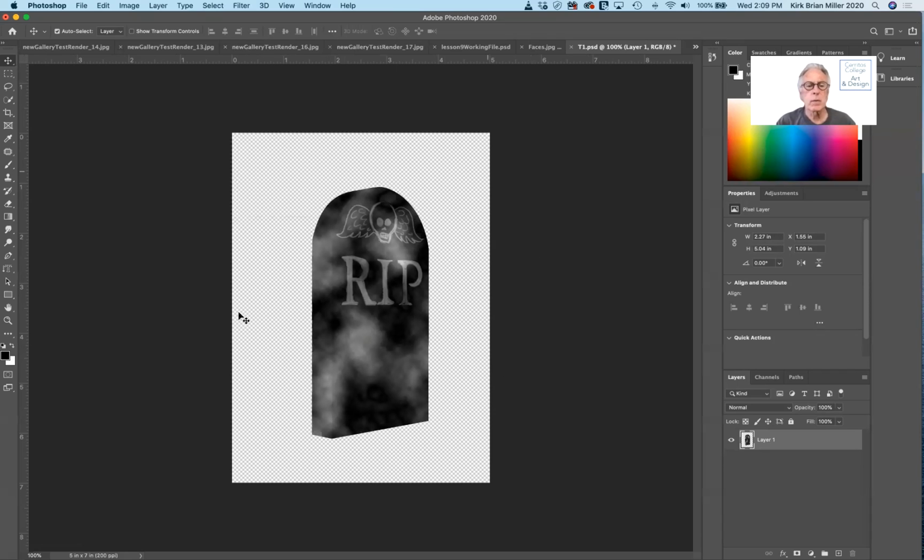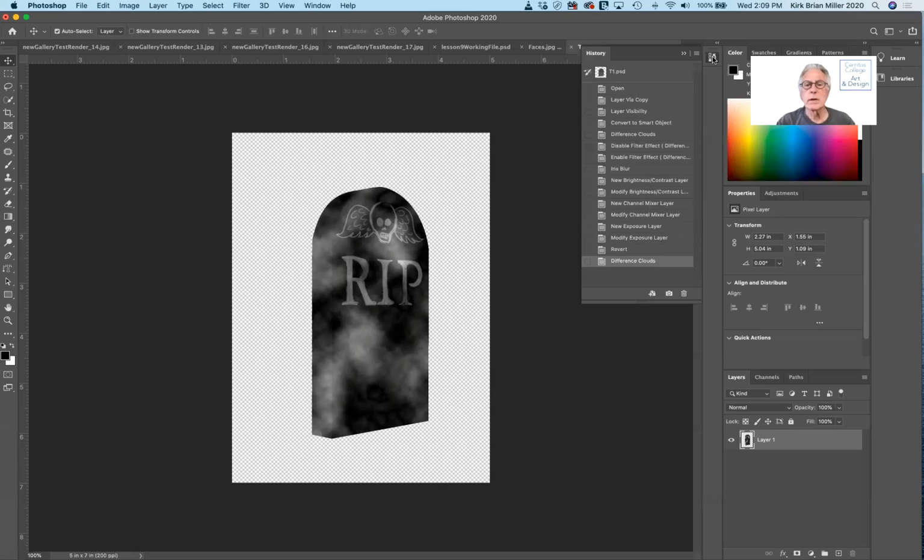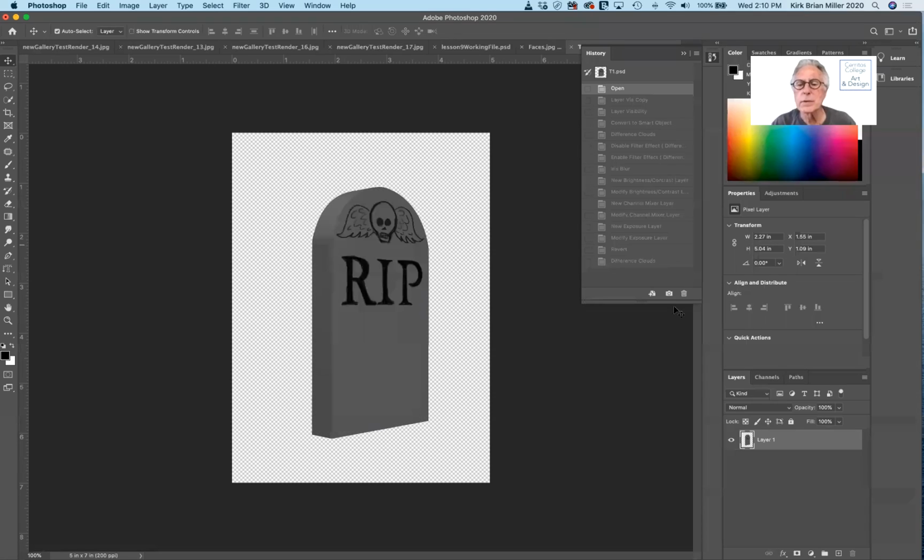But the thing that I want to caution you about, and this is how I'm going to change this up a little bit later, is that anytime you apply a filter, it is a permanent change. It is destructive. Now, what they will be having us use in here is, I should clear all of this. I'm going to go all the way back to the opening because I've already done a bunch of these